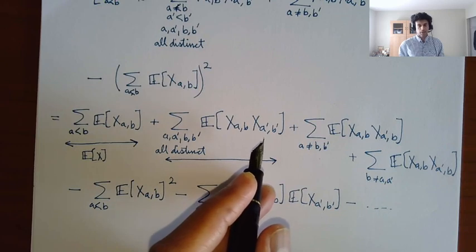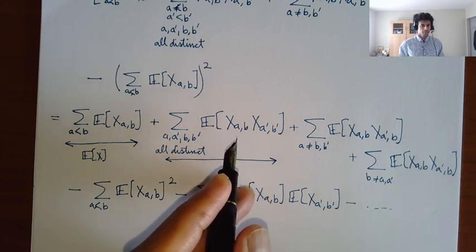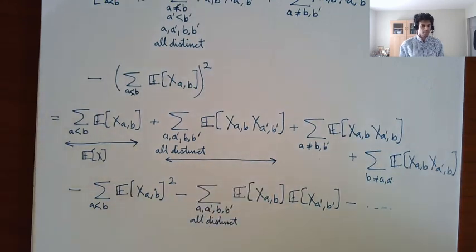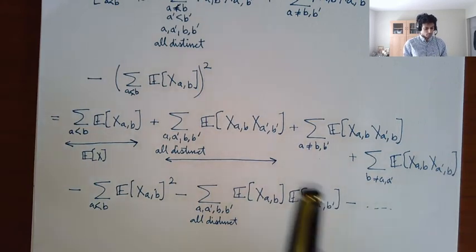Are they independent? They're independent. Why are they independent? Because whether A prime and B prime coincide